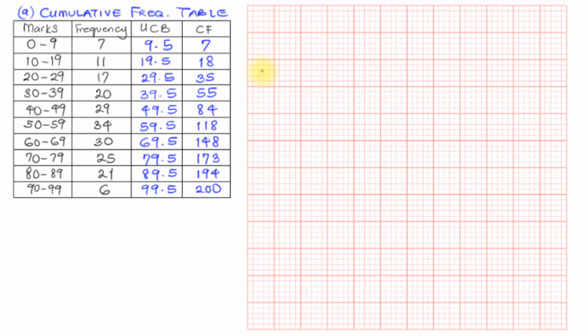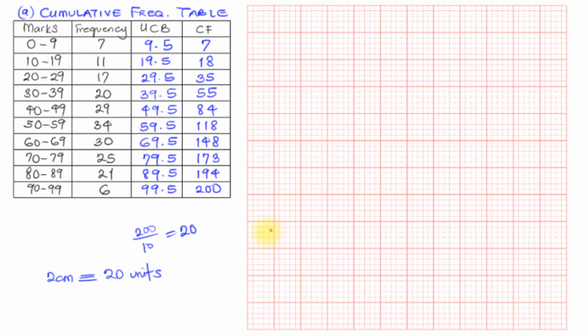I have 1, 2, 3, 4, 5, 6, 7, 8, 9, 10, 11, 12. Okay, so I have 12 divisions. Let's say I want to leave the margin at the lower space and at the upper space. So I can say I have 10 divisions. I have 200 as the highest mark. So how do I divide 200 in 10 positions? I can just say 200 over 10 and that will be 20. So each of these big boxes, which is generally taken as 2 centimeters, for me should represent 20 units on